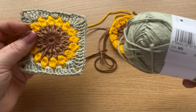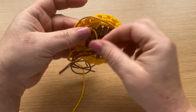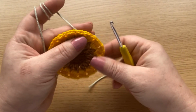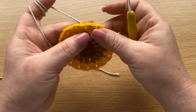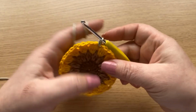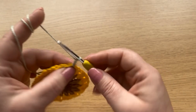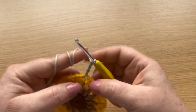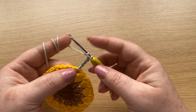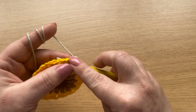For this we will use the pistachio green cotton, but first let's hide all the loose ends here. Let's make the square now. We join the pistachio green yarn anywhere in any 2 chain space. We start by chaining 4. In this space, we'll work 2 more trebles, so we yarn over twice, put the hook through that space, yarn